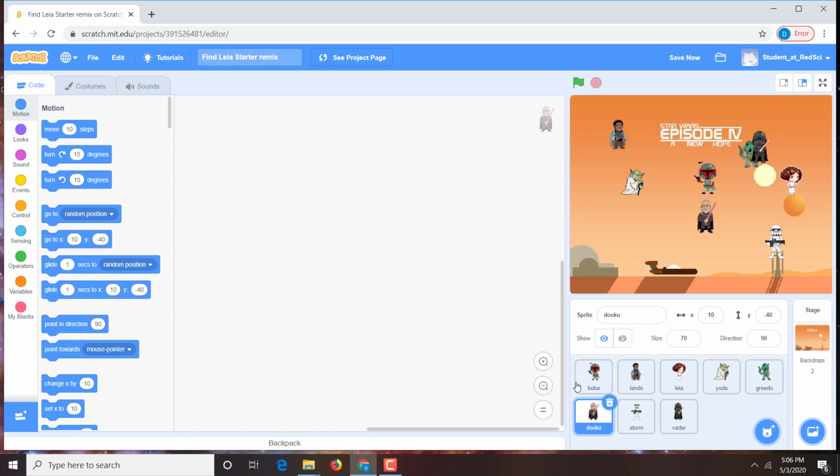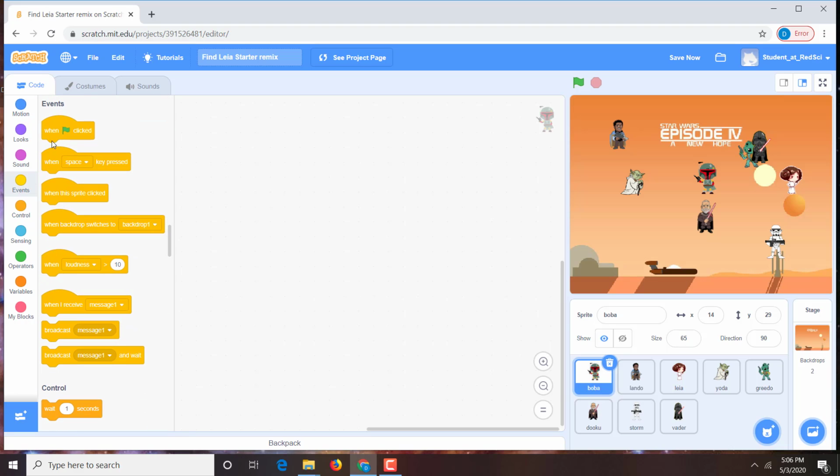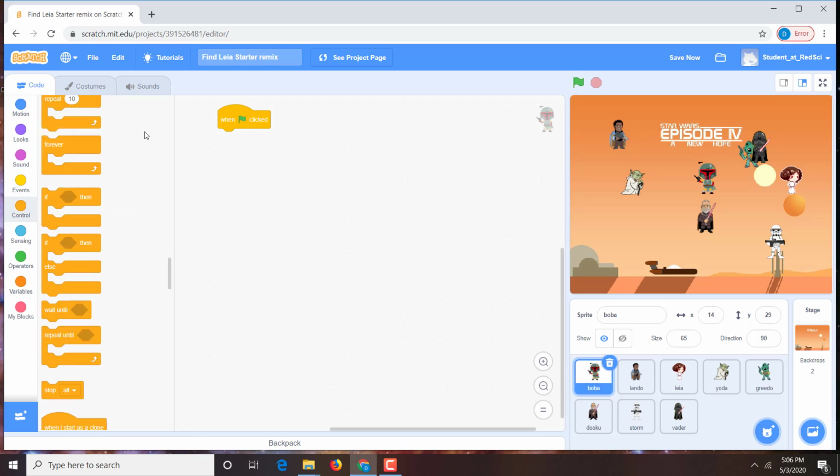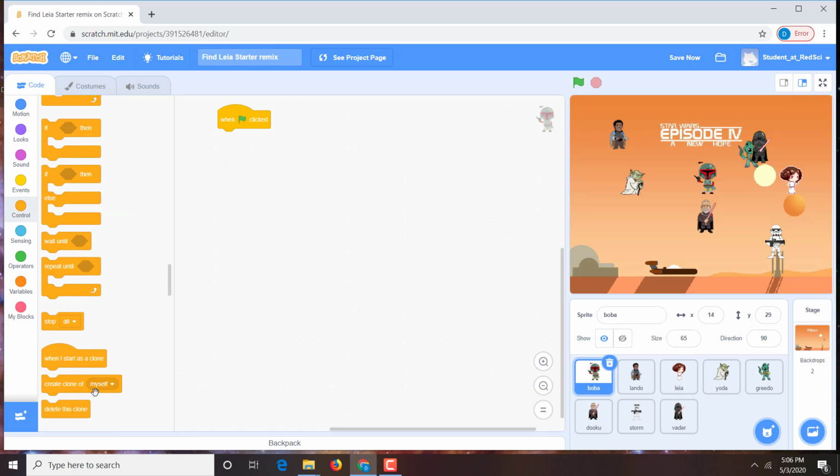Let's get started with what I call the distractor sprites, the sprites that aren't Princess Leia. We want a bunch of copies of each one of these, and Scratch has a neat feature called clone. What we're going to do is first put down our event, when the green flag is clicked. So I'm just going to drag that and move it over here. Now, what we want to do is create a clone of myself. That's under the control blocks. So I'm just going to drag that